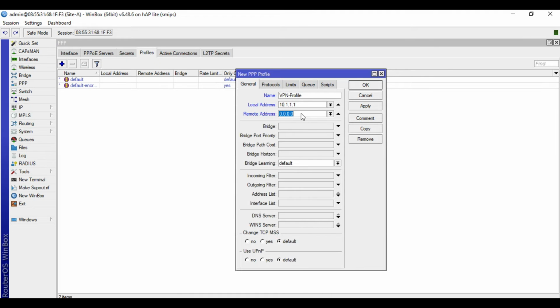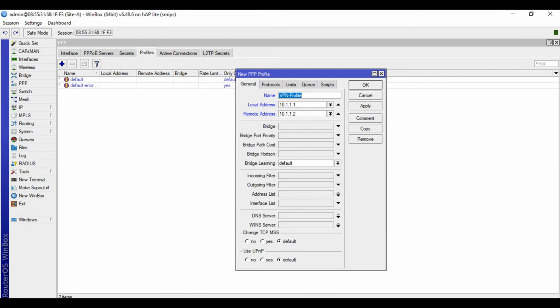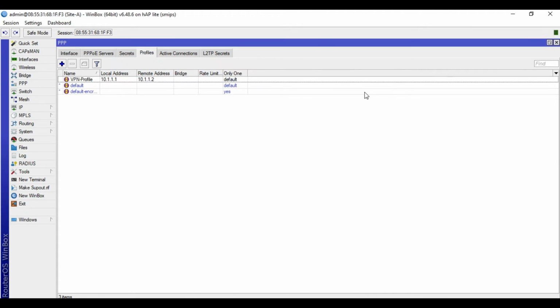In remote address, I will input 10.1.1.2, meaning this will be the tunnel address of the other tunnel side, which is site B. In Protocols tab, use encryption, yes. Apply, then OK.